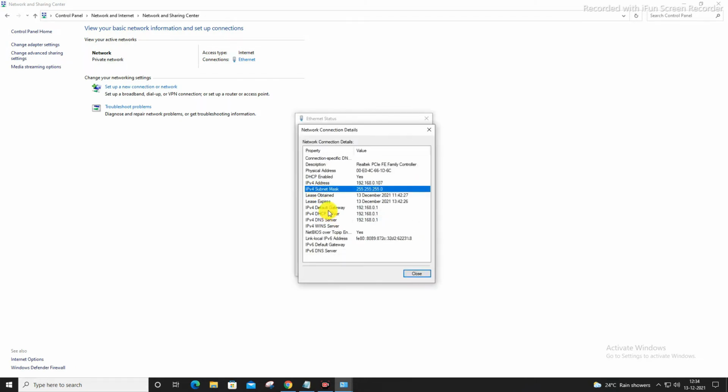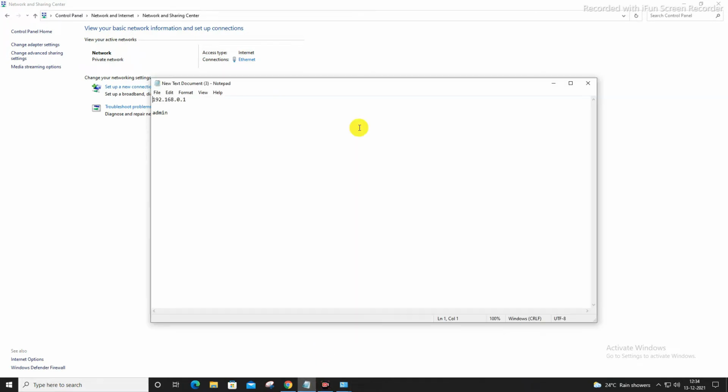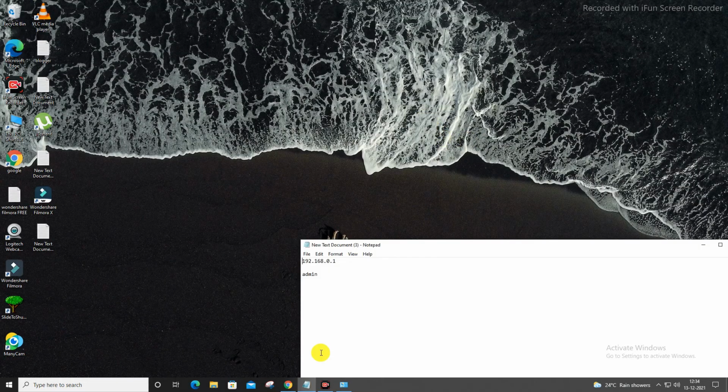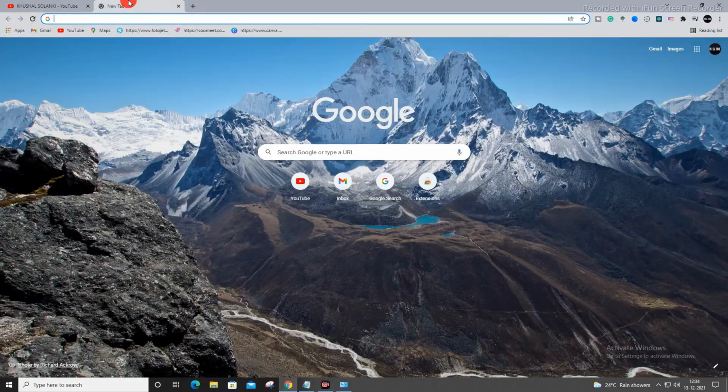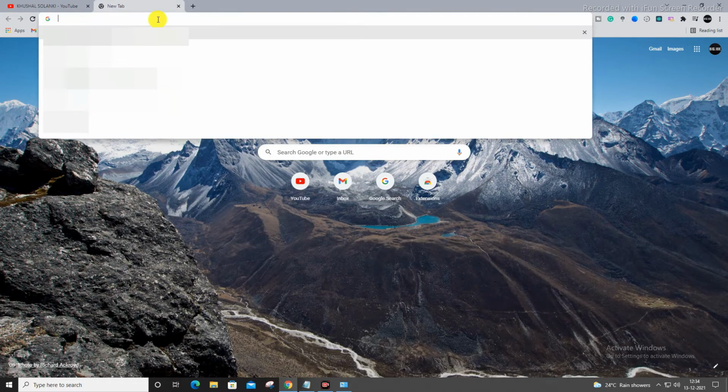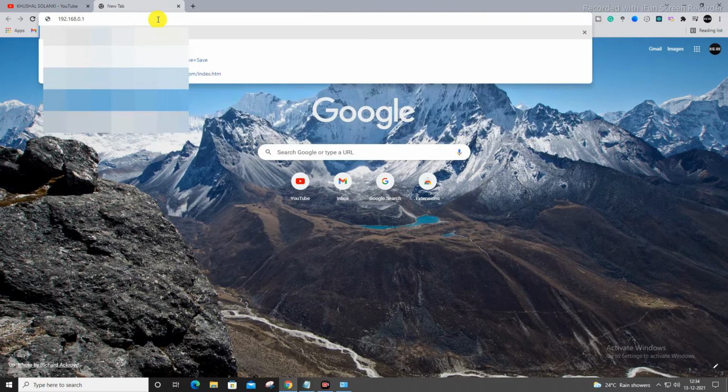On details you can see over here IP. You can see over here your IP is this. I have already copied it over here. You can see it's similar, this one over here and this one. After you have copied this one, you have to go in Google, open a new tab, and after that you have to just put over here, copy and paste,